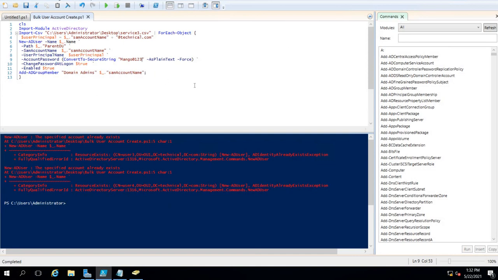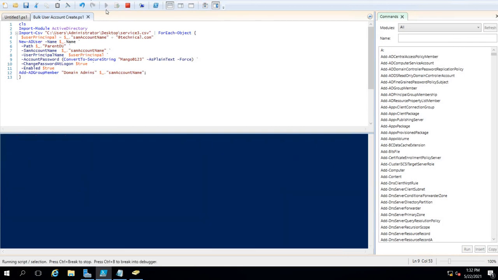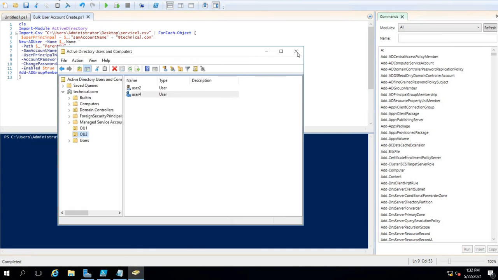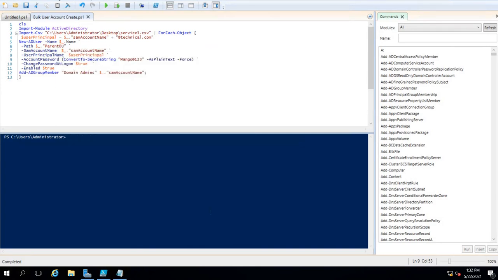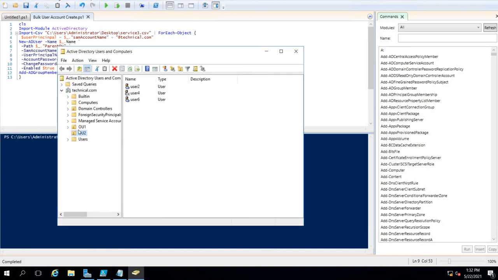As per that, I have changed the user accounts and I am trying to meet the maximum password policy requirement. So let's run it now and we'll see what will happen. It is running the script. You can see completed. So guys, I think this time it is completed and it has successfully created the accounts. Let's see now. It is not showing here, don't worry, we will close it and open the Active Directory services. So guys, you can see user account 5 and user account 6 have been created successfully.